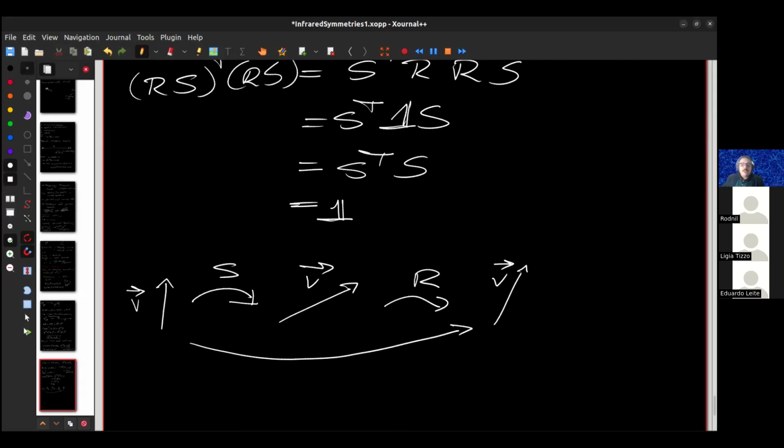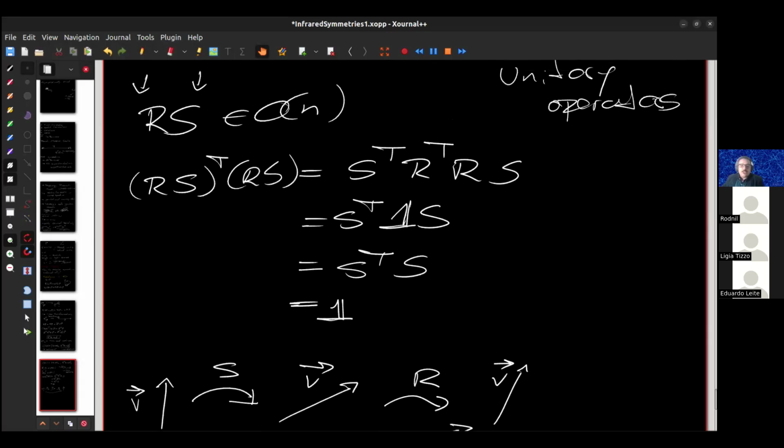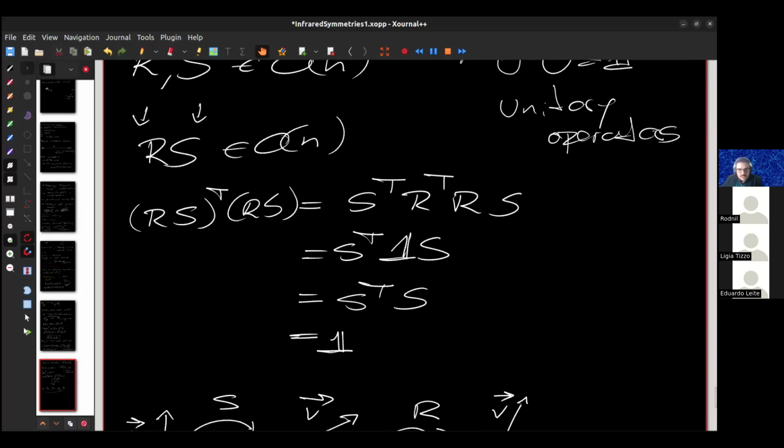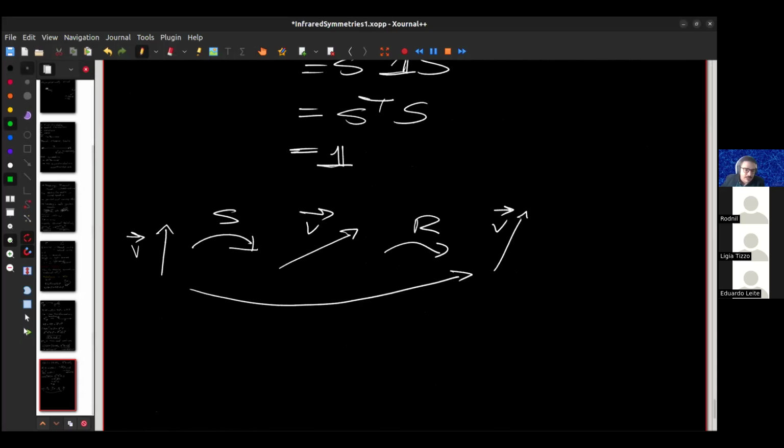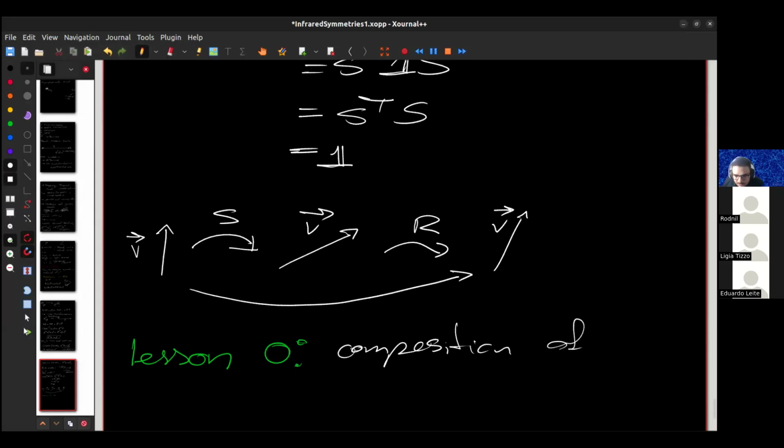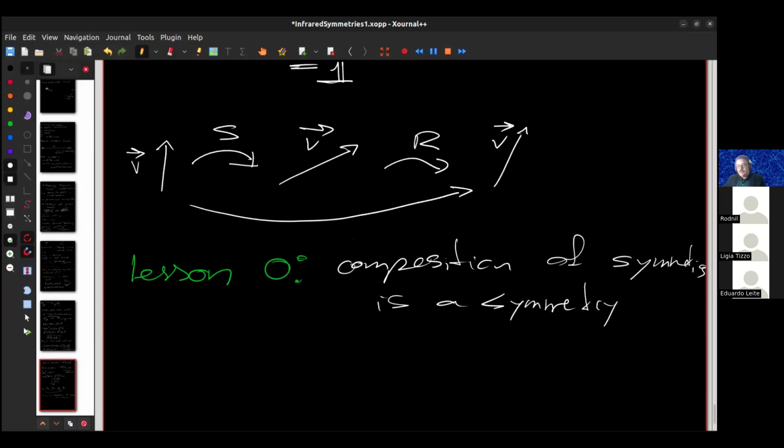So this is the first thing we are going to notice. So when we are dealing with symmetries, the lesson here, let's call it lesson 0, is composition of symmetries is a symmetry. Another way of understanding this is that a symmetry is something that doesn't change the system. So if I do something that doesn't change the system, and then I do another thing that doesn't change the system,